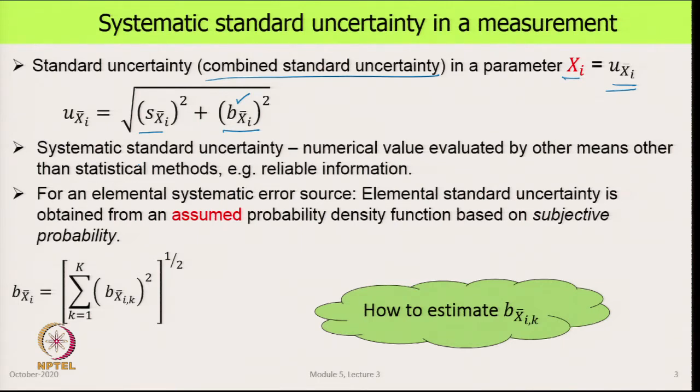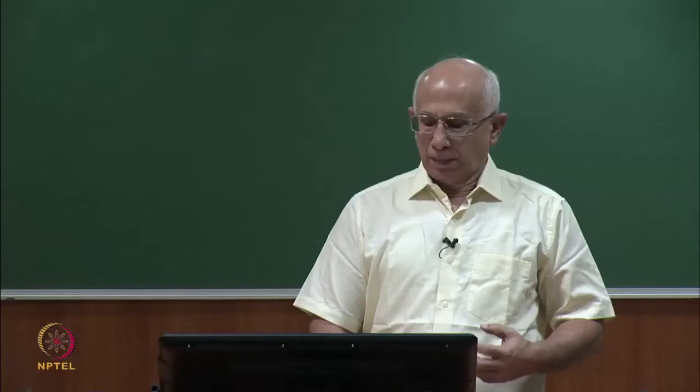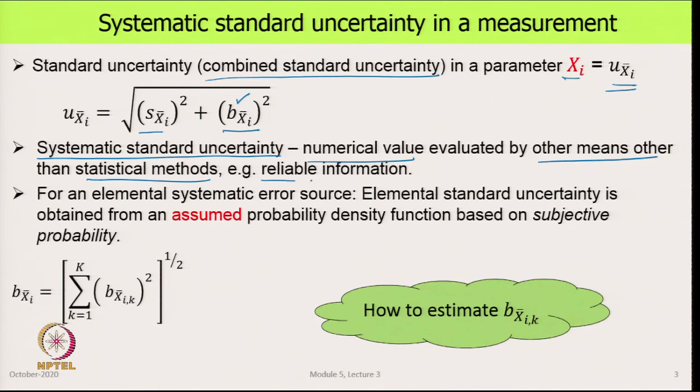Now, recall that systematic standard uncertainty, which corresponds to type B uncertainty in ISO GUM, the numerical value of this uncertainty is evaluated by means other than statistical methods. That means, we do not deal with numbers, we do not deal with a distribution, we do not deal with a sample, but we rely on some other information which we call reliable information, which we believe to be trustworthy, and from that information we will calculate Bxi bar,